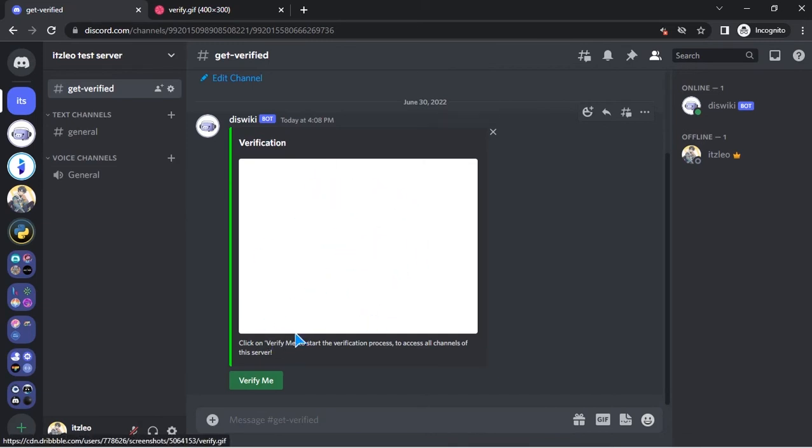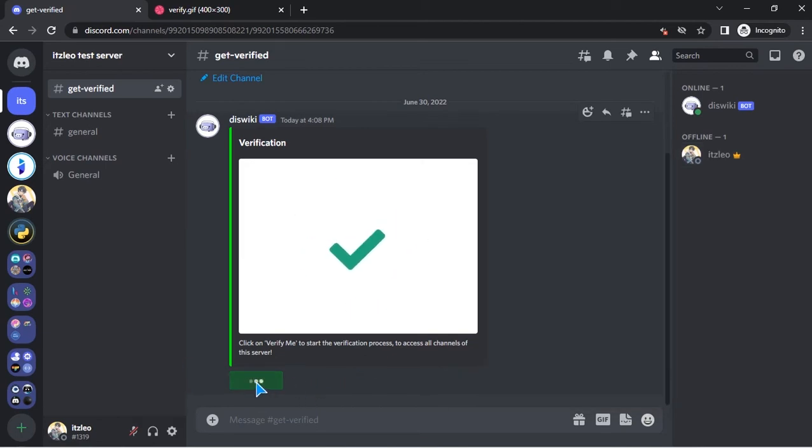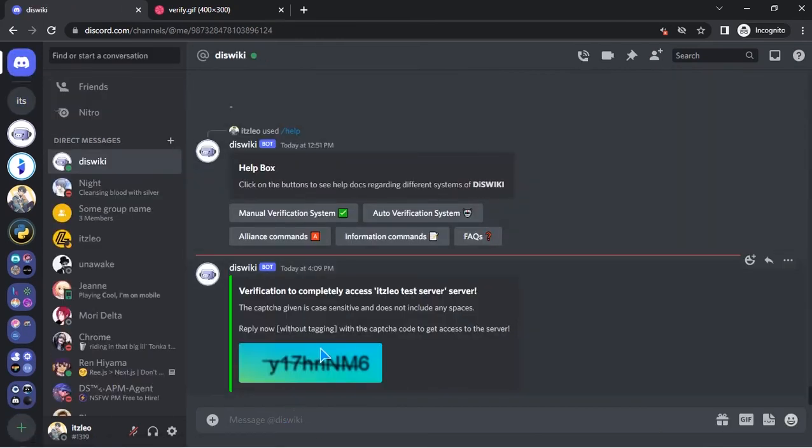verification system. When the user joins the server, he will be assigned the unverified role, and when he has been verified by the DiSWIKI bot, he will be assigned the verified role. So let's try to get a verified role. So let's see, we don't have any roles currently. So if someone who has no roles clicks on this verify me, then the bot will send him the captcha. So we just need to write the captcha